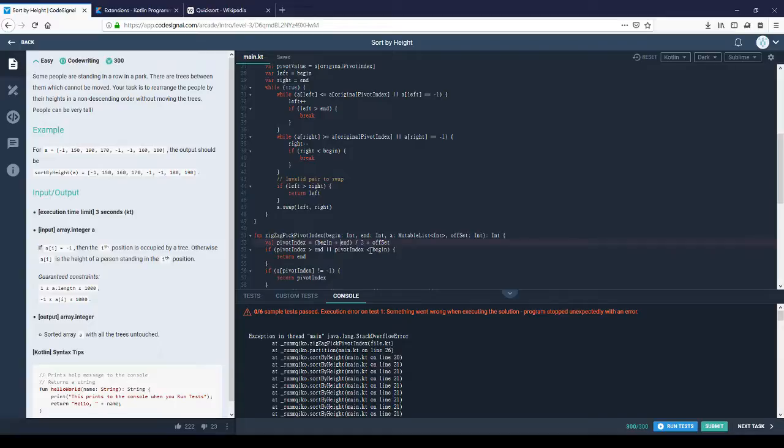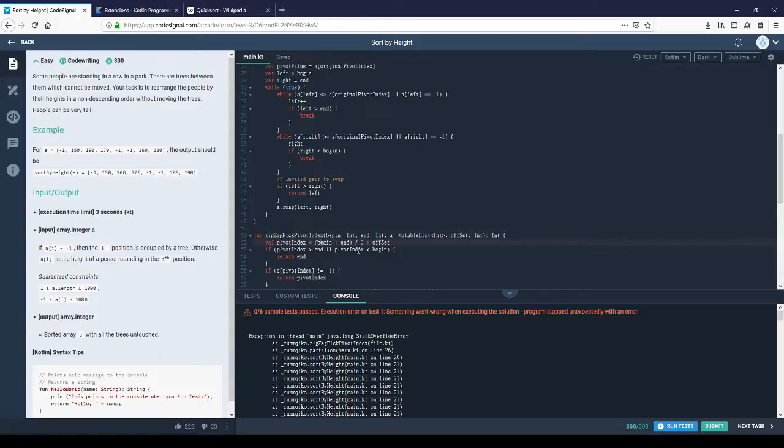If pivot index smaller than end or pivot index is larger than begin, this is just never possible. Oh, actually no, it's possible. Larger than end